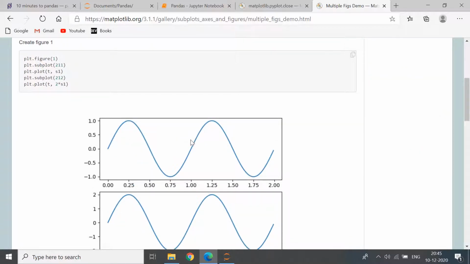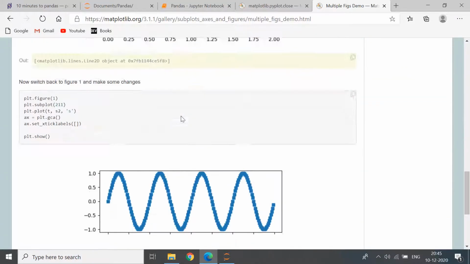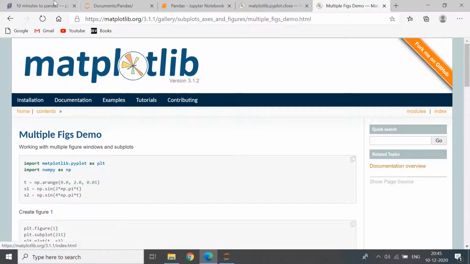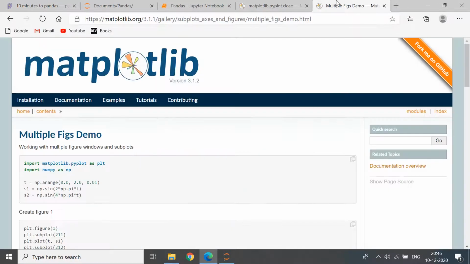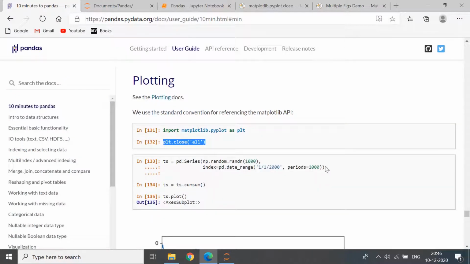I guess these are the figure windows. I'm not quite sure, but yeah, these graphs are most probably the figure windows. We can have a look at the matplotlib documentation as well in another video, in another series sort of. So let's just complete this first.